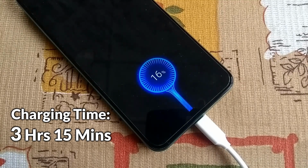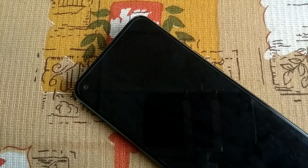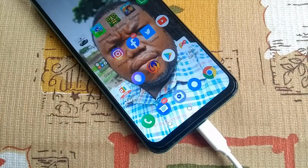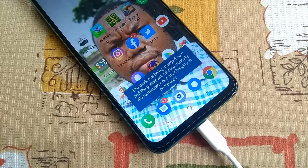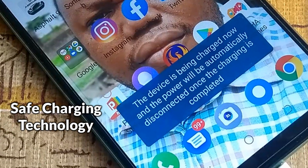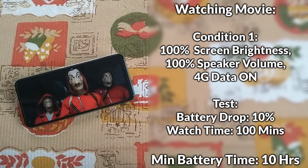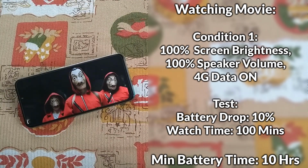You will just have to endure the over 3 hours micro USB 10 watts charging time. Just make sure you charge overnight if there's electricity and you are good to go. Also, you don't need to worry about overcharging because the Camon 15 has a safe charging technology that automatically disconnects the charging power when battery full. Here are my battery usage statistics for you to know what to expect when performing certain tasks like watching movies,